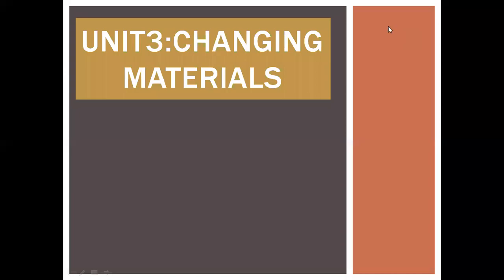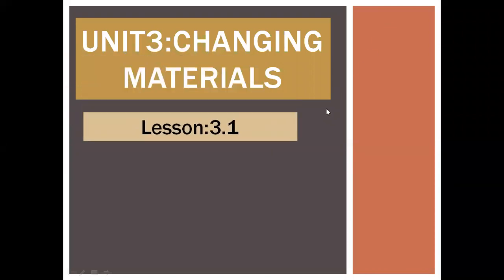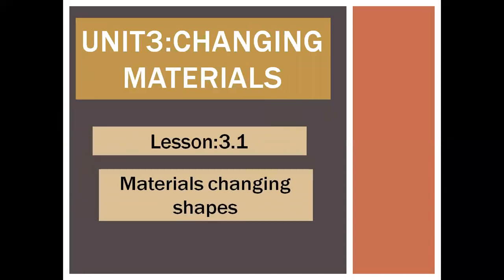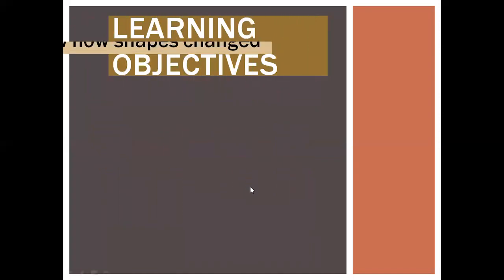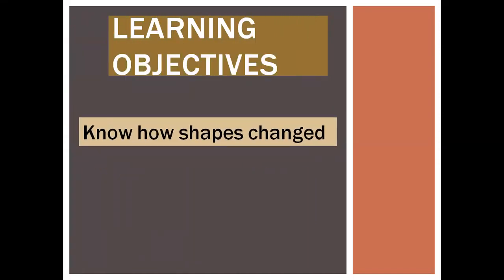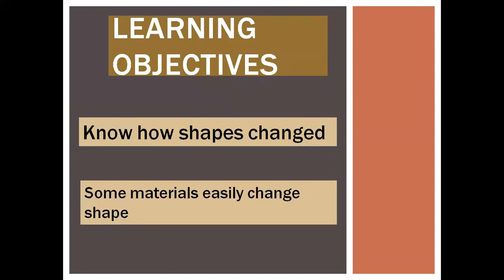We have started our Unit 3, Changing Materials, Lesson 3.1. The name of the lesson is Materials Changing Shapes. So with the name of the lesson, you can get the idea of what the lesson is about. It is on pages 26 and 27 of your learner's book. In this lesson, we are going to learn how shapes are changed, and how some materials easily